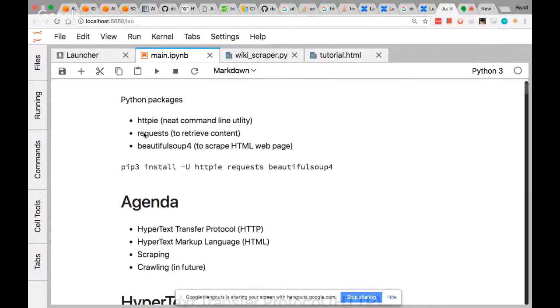Requests is the library that is going to download the web pages for you in Python, and Beautiful Soup is actually the parser. Once you download the web pages, you will have to parse them somehow, right? If you parse it, then you can extract or scrape information from it. What is the difference between downloading and parsing? Downloading is just downloading the content onto your local machine, right? But parsing is actually